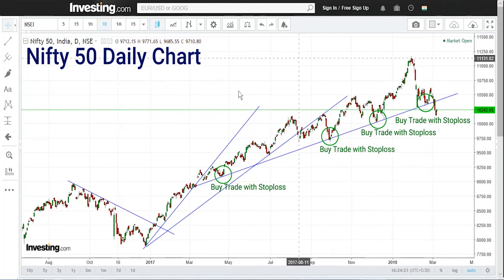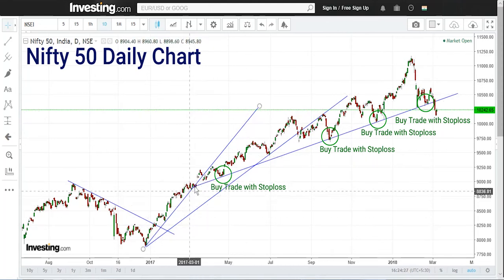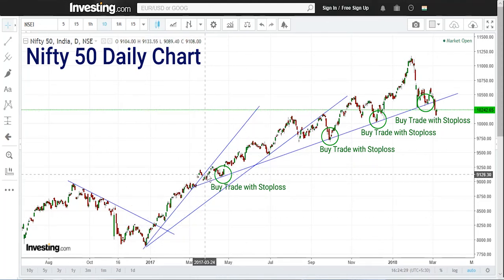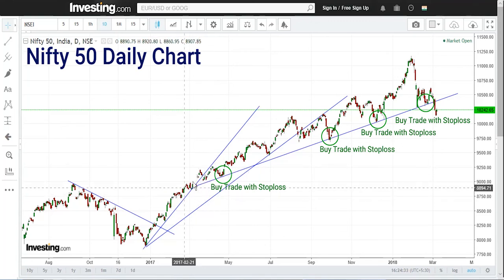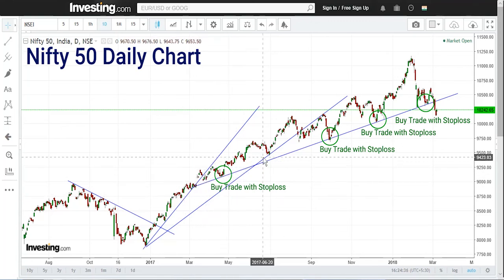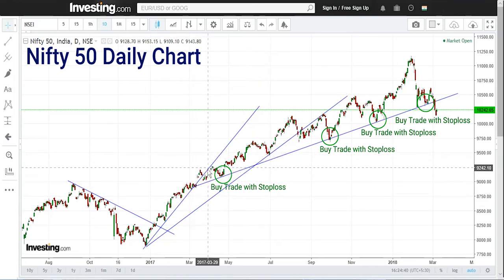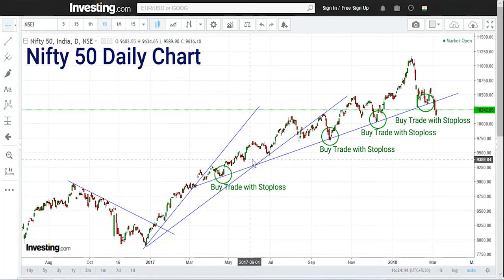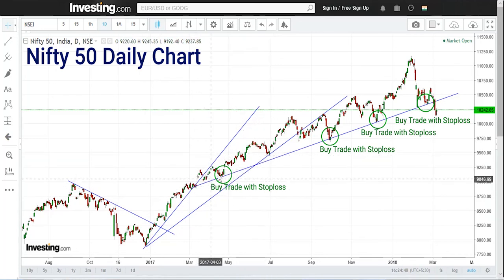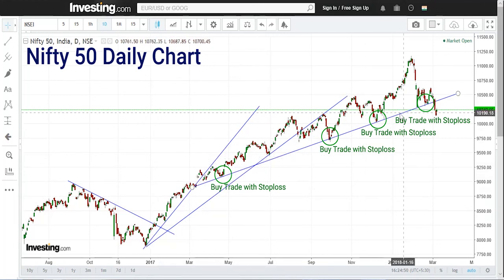And from this example, we also know that once a particular trend line is broken, that can be due to the fact that the up move is becoming less fierce. But that doesn't mean that the up move is over. Like here in this case, the initial up move was very fast, but later the pace of the up move came down. So the trend line was broken, but still the up move continued. Similar can happen in the case of a down move also.